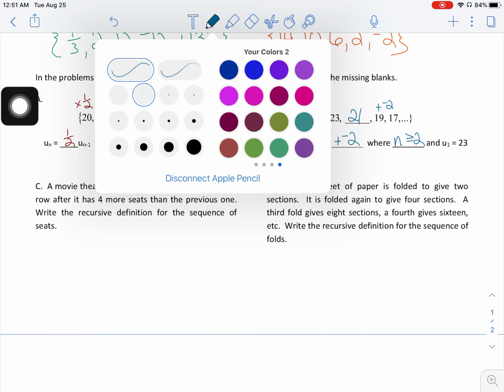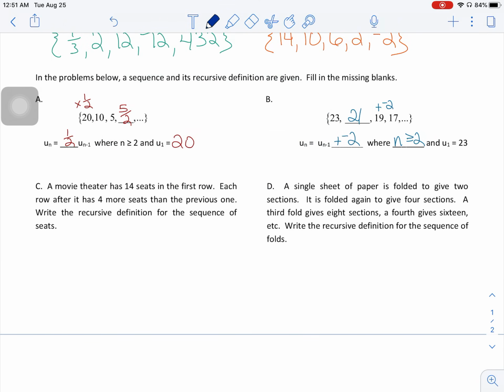Two more little problems here, and this note sheet will be done. So a movie theater has 14 seats in the first row. So u sub 1 is equal to 14. Each row after it has 4 more seats, so that's going to be plus 4. Write the recursive definition for the sequence of seats. So u sub n, whatever row of the movie theater we're talking about, is equal to the previous row plus 4,